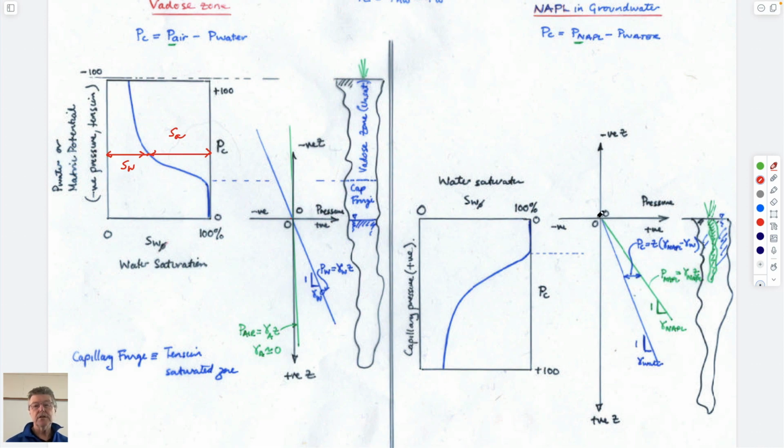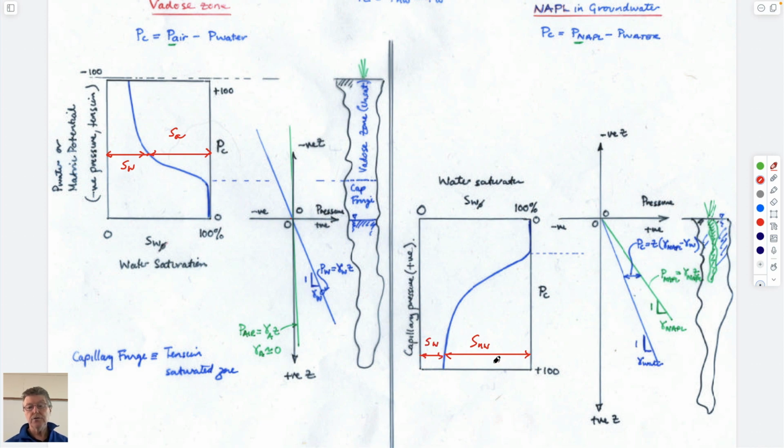And we're starting at the water table with a DNAPL going down below the water table, flipping the diagram upside down to be able to say something as to how the saturation of the non-wetting fluid, which will be, this would be the saturation of the non-wetting fluid, and this would be the saturation of water